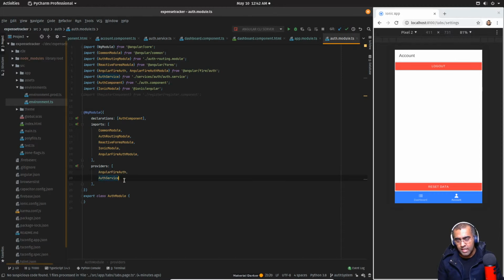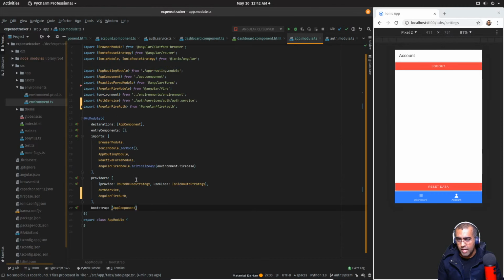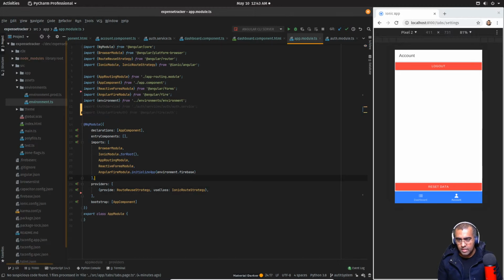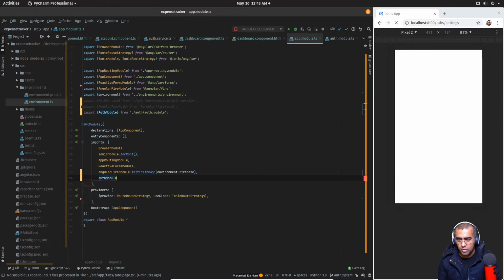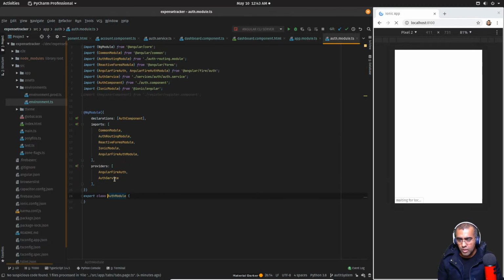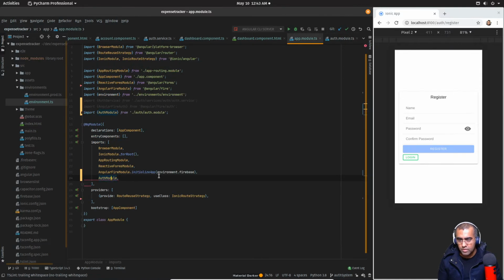Auth service, yes, we need that at the root level. But hang on, we have a better way to fix this. We can actually import the auth module here. So let's get rid of this. And if I go to import auth module there, now let's see what we have here. In auth module, we have both of these providers. So now if I go back to the code,